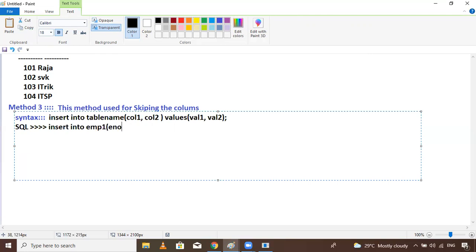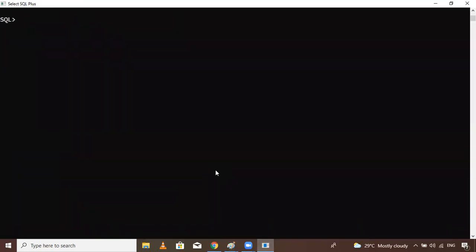Inside EMP1, I want to insert ENO values, so pass the value 105. Let's execute this command, guys. Paste it, hit enter. One row inserted.